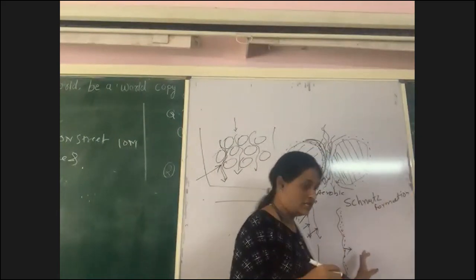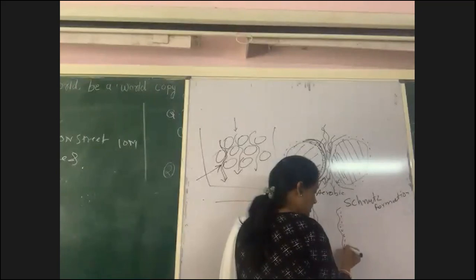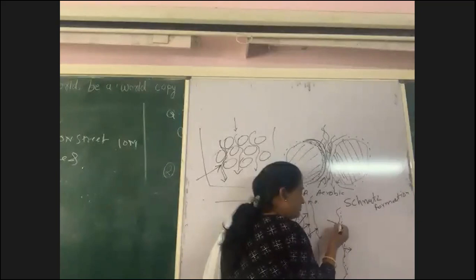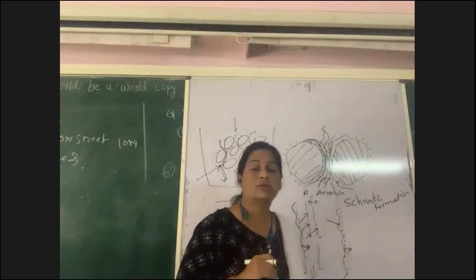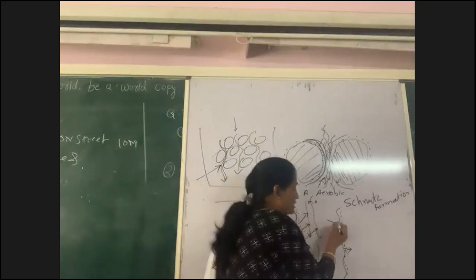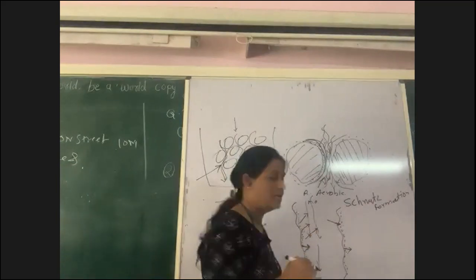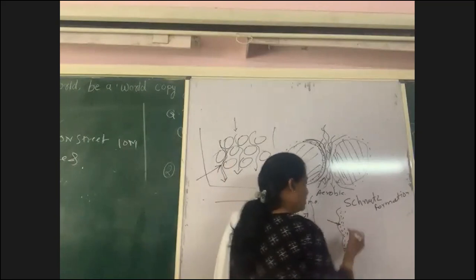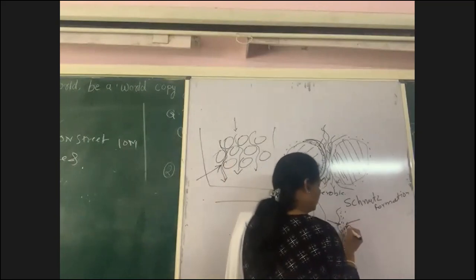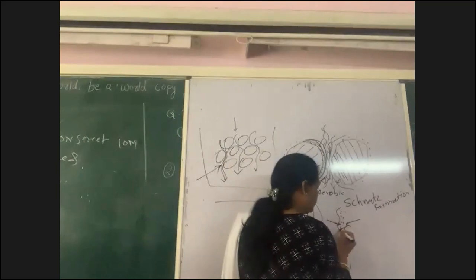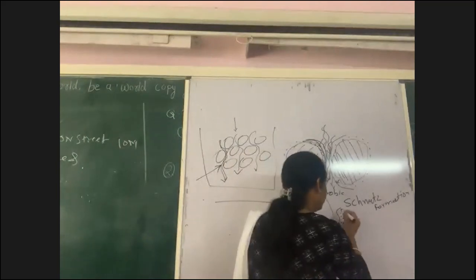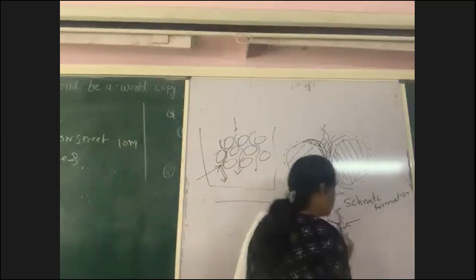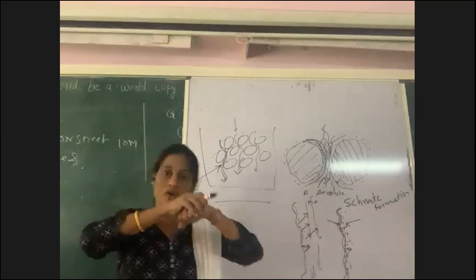And once the layer increases, what happens? A sufficient amount of oxygen will not reach the base of that particular layer. It means a thick layer will form like this. Oxygen will reach here, but it may not penetrate up to this point, and because of that, an anaerobic environment is created near that particular rock.